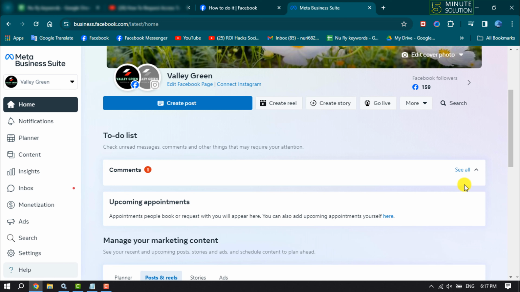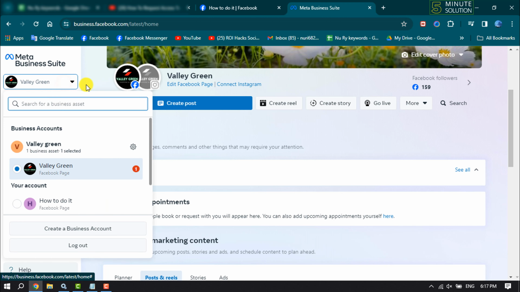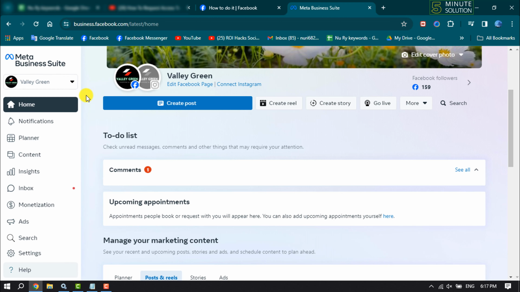So first of all, open business.facebook.com and you will jump into this Meta Business Suite homepage. And here, make sure to select your business account to work with. And now, click on Inbox